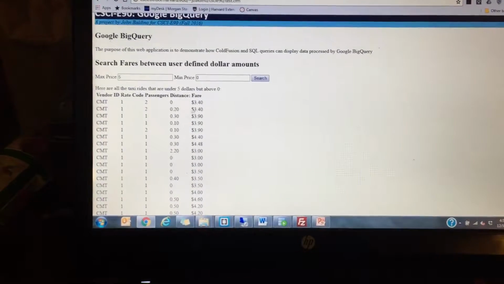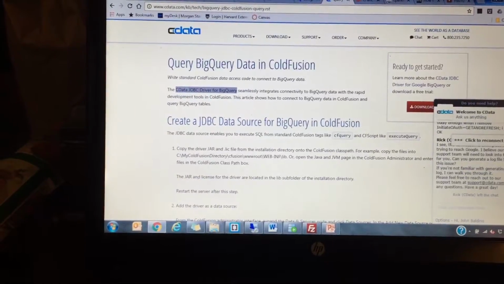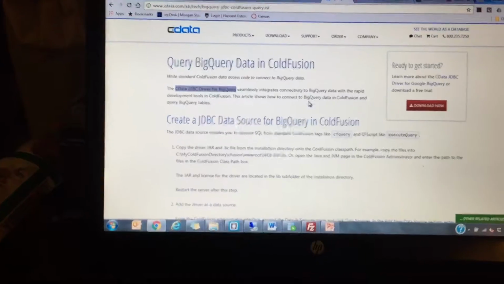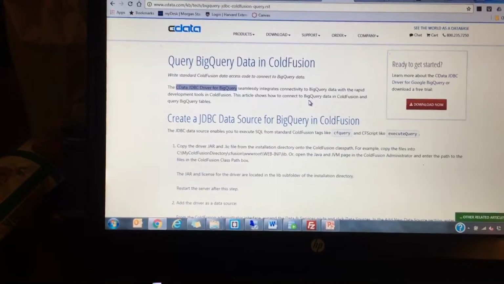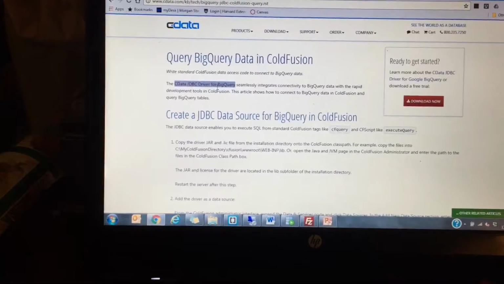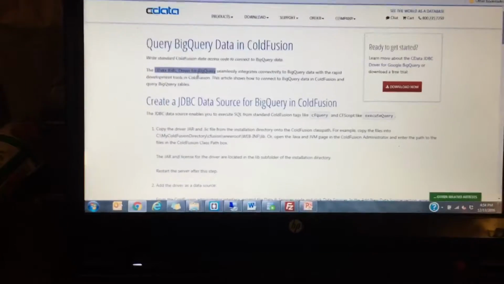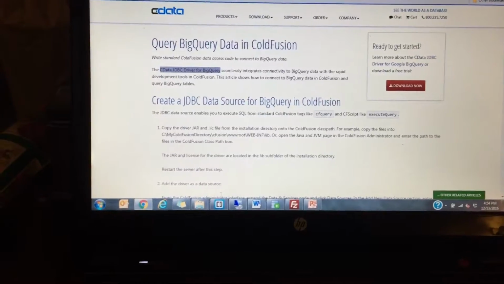and download something called CFData, which is a patch that's used between querying the information as well as creating the JDBC driver that connects ColdFusion itself into Google Big Data. Once that is done, you'll notice here in my code